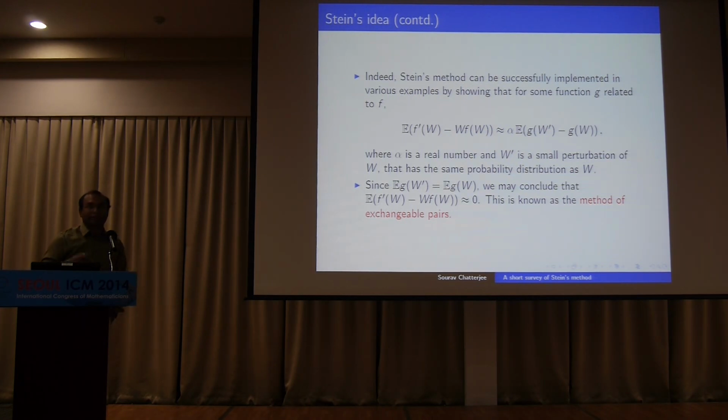Okay? So you can try out this whole thing with this simple example, the number of heads if you toss a coin n times. With just this slide and a bit of mathematics, you can prove the central limit theorem by this method, the small perturbation method. It basically involves Taylor expansion on this side. I'll not go into the details of that.